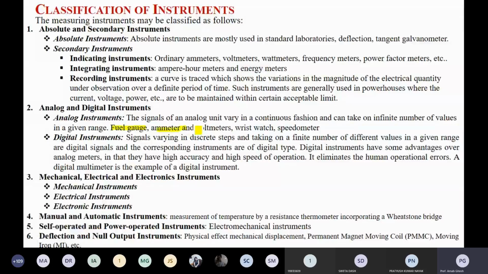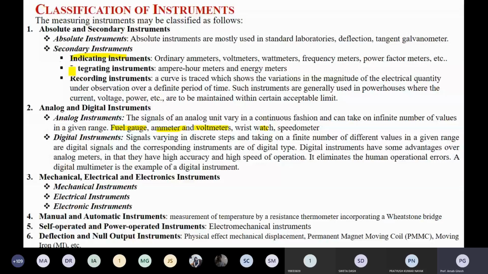Now the tacho generator is present, and it's also available in digital mode, but analog is also available. Okay, so now we can go for what? Digital instrument. Okay, so digital instrument means that all the markings and everything, that means the signal will be detected